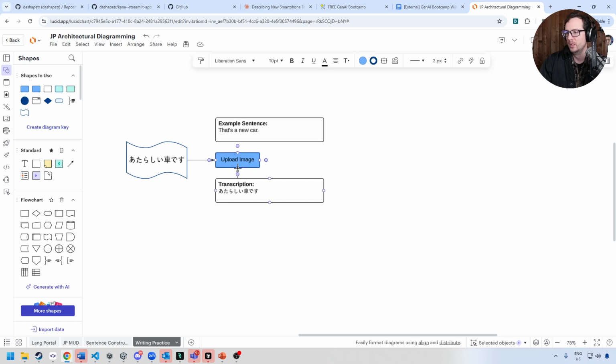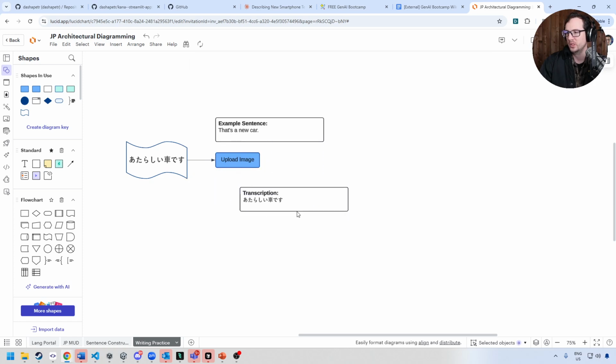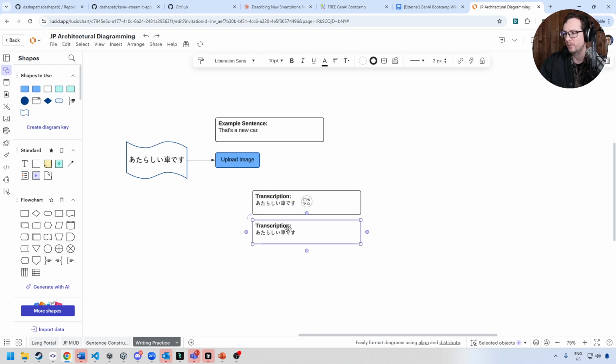And then from here, we're going to get some output. So here we'll have the transcription. We will have the translation. So this might say a new car. And then we'll have grading, right? So then we'll have grading here. And maybe we'll give it a grade score. So say B plus, and here I would say something like